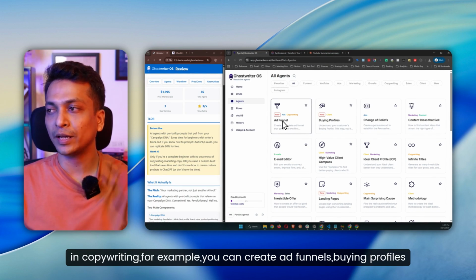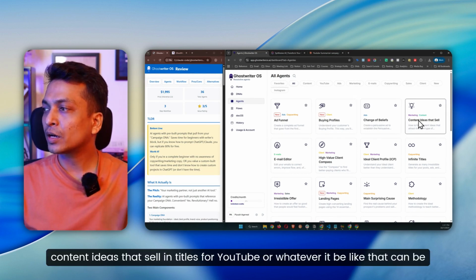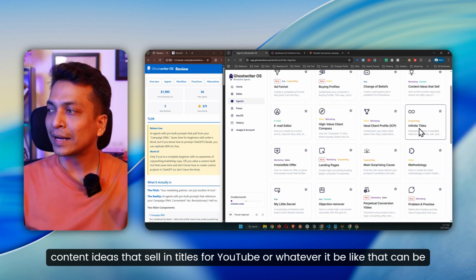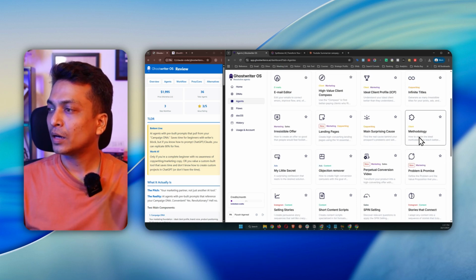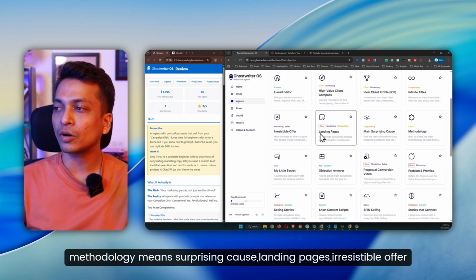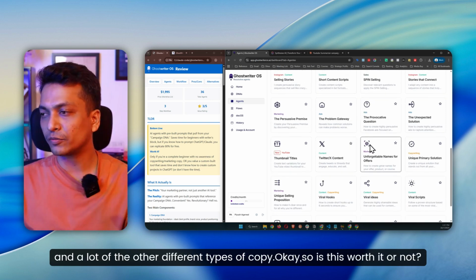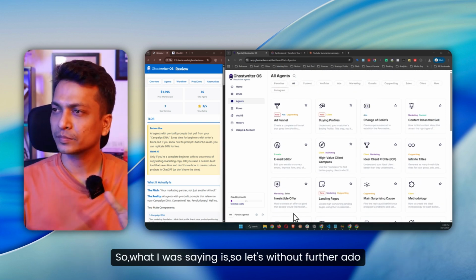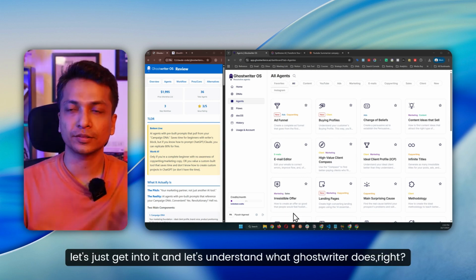For example, you can create ad funnels, buying profiles, change of belief ad copies, content ideas that sell, titles for YouTube or whatever it may be, that can be used as hooks as well. Methodology, main surprising cause, landing pages, irresistible offer, and a lot of other different types of copy. Okay. So without further ado, let's just get into it and let's understand what Ghostwriter does, right?